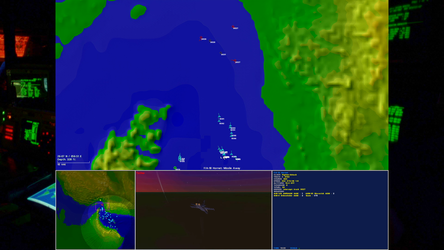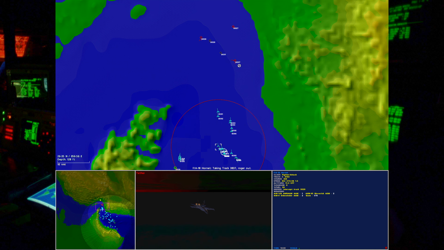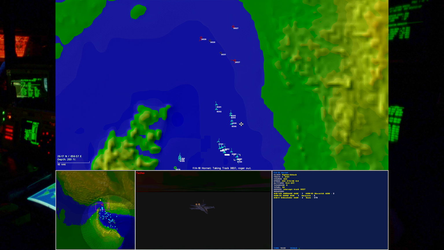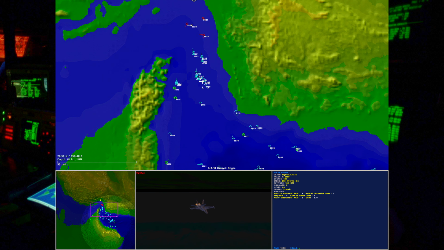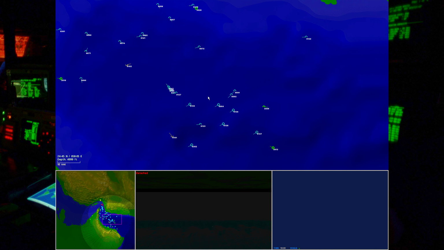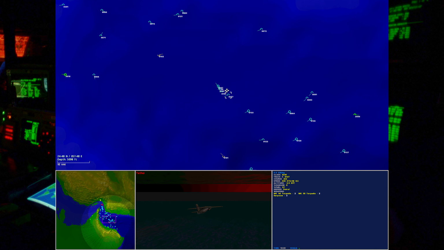3827. Can do. Roger. And if that wasn't enough, we can start popping Mavericks on these guys, on this guy here. Weapon away. Track 3837. Can do. Roger. Engaging track 3837. Affirmative. Will do. Roger. Out. I don't even think that engagement was properly interpreted there. But anyways,